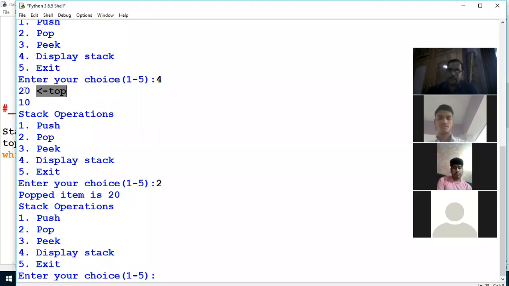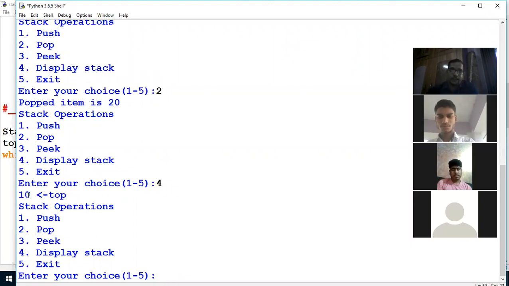So here we have inserted 20 last, so it will be removed first. Is it clear? Now you have to see your stack after deleting an element. Press 4, means display stack. Now there is only one element, that is 10, and now 10 is the top element.